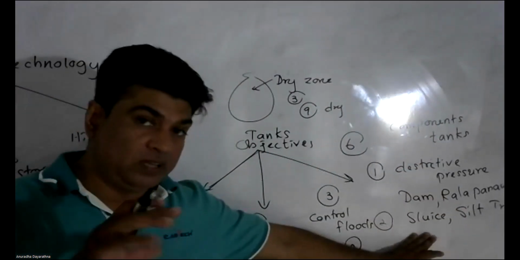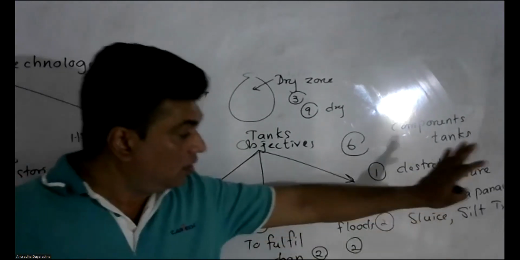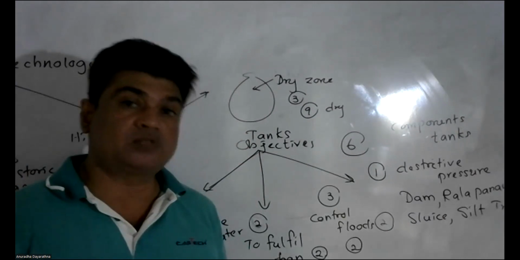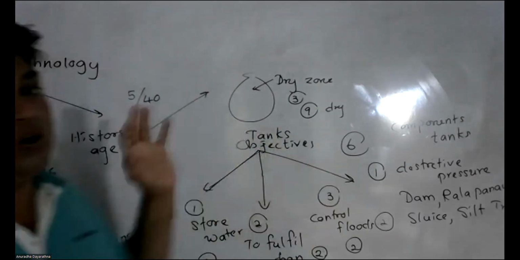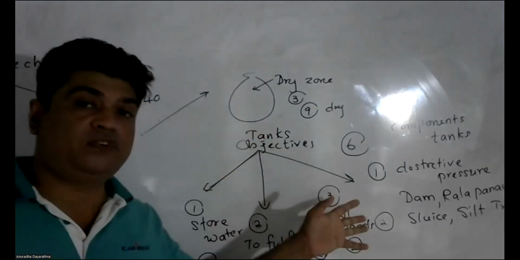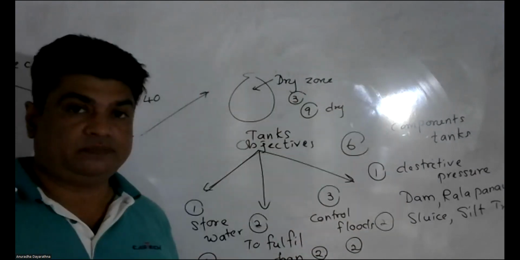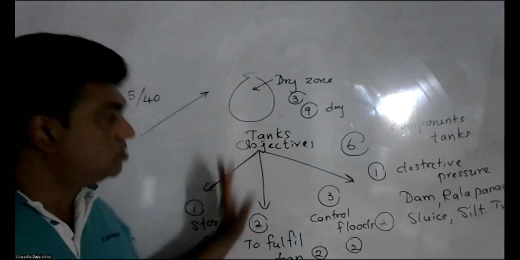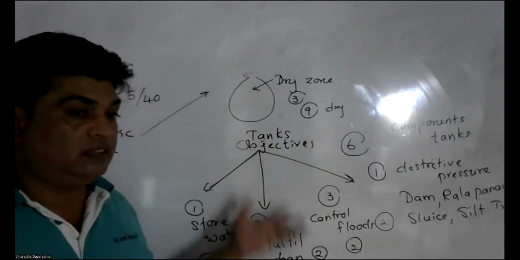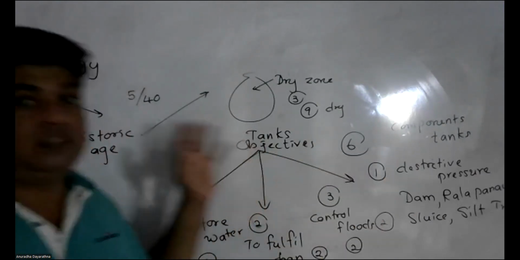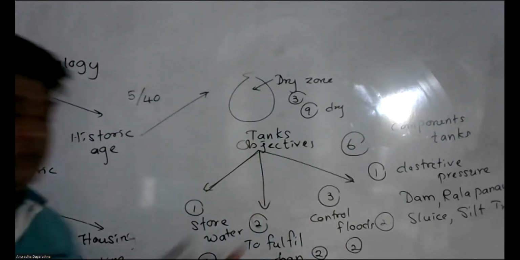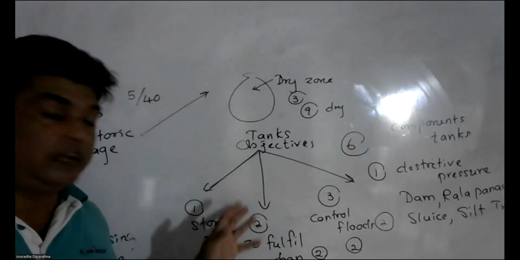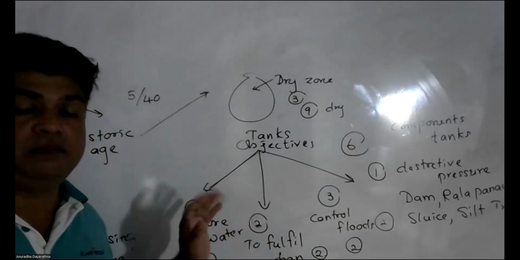You have to explain how they were constructed and what their functions were. That you have to explain in the paragraph. So that is the second question. These are the only two questions that can be given from the hydro technology, the technology of constructing tanks. So today we are going to discuss only these two questions, not the other things, because we can't take everything within one day. We will take these two questions and explain how the answer can be written.